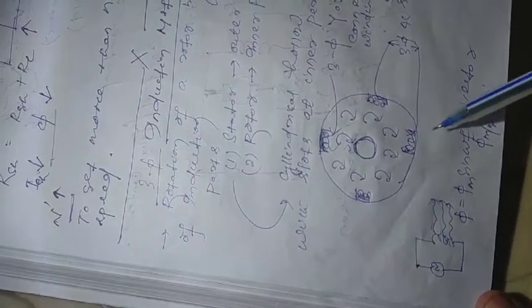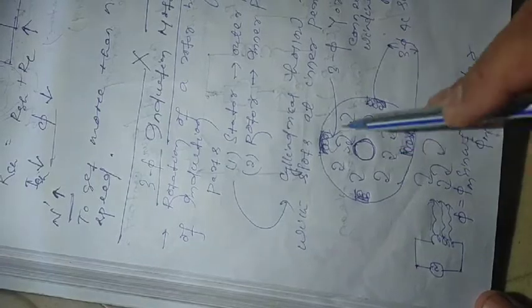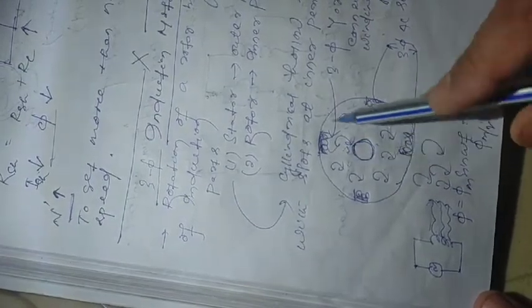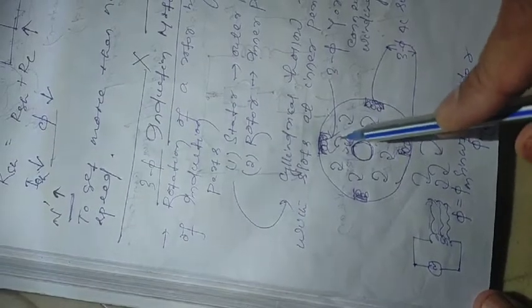Clear? But whenever more than one flux is acting simultaneously, the resultant flux will not have the structure of this kind. It will be simply rotating in nature, rotating with a constant speed. So ultimately the flux created from these windings will be revolving with a constant speed, and the speed of this rotating or revolving flux is known as the synchronous speed.